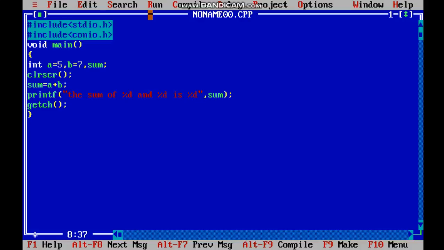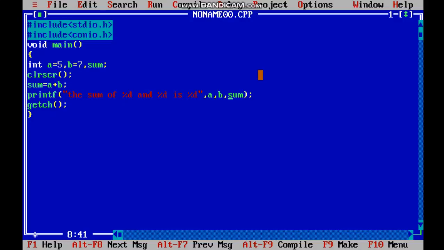In the first place of %d we want the value 5, that is the value of a. So after this put a comma and write a. Okay, so the sum of 5 and 7, here we need 7, and the value of 7 is in b, so we'll put b, comma, is %d. What is the sum? That is 12.